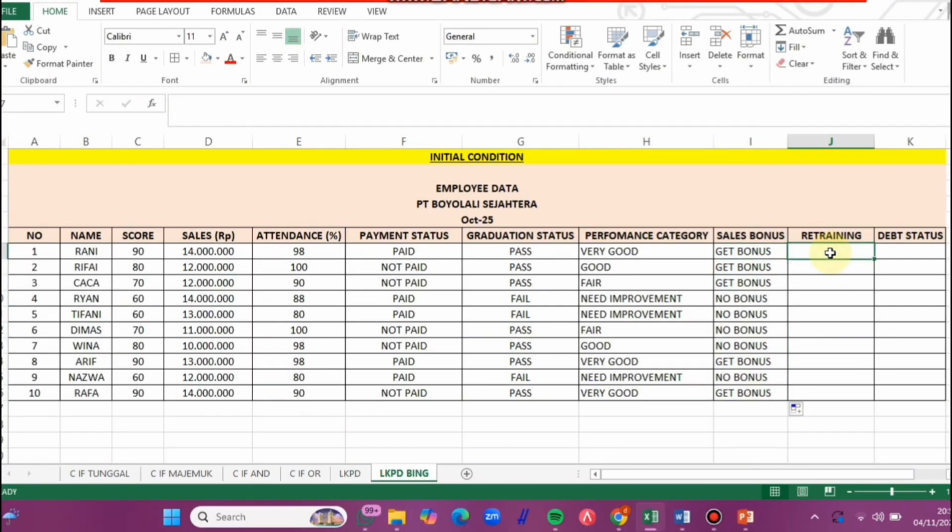For column retraining we will use IF combination with OR.